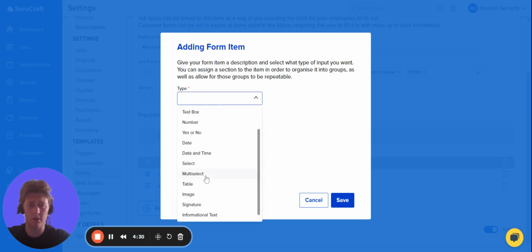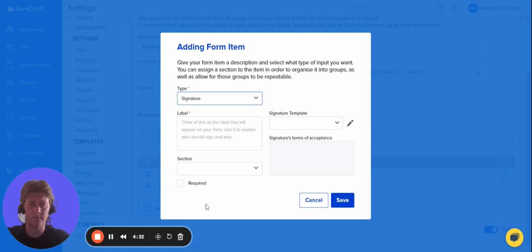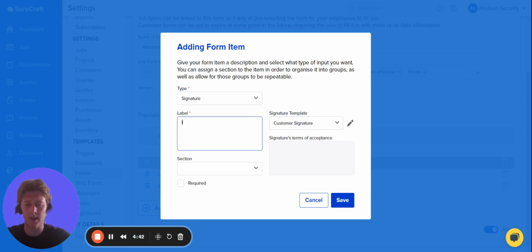So on the type, I would scroll all the way down to signature. Select my signature drop-down. Is it a customer or an employee signature? It is a customer signature. And then the label, I could say, I, the customer, agree that the above is correct. Select my section again,